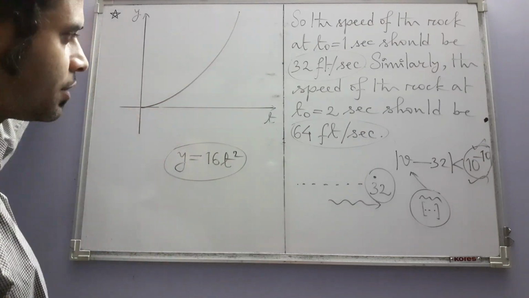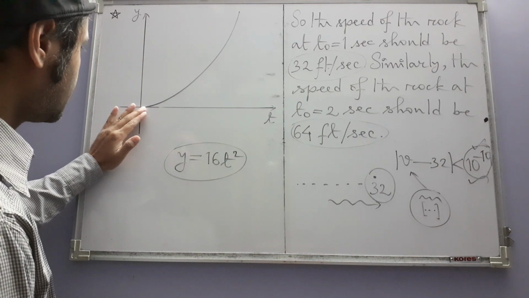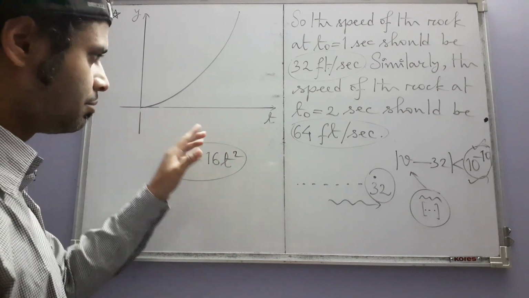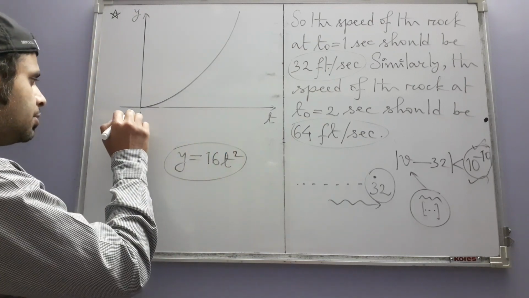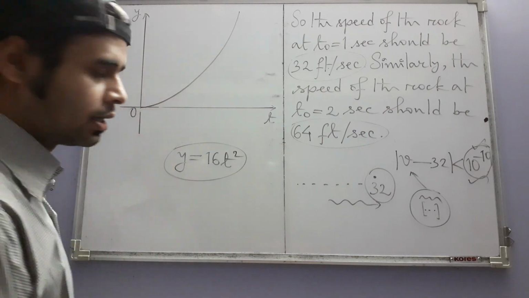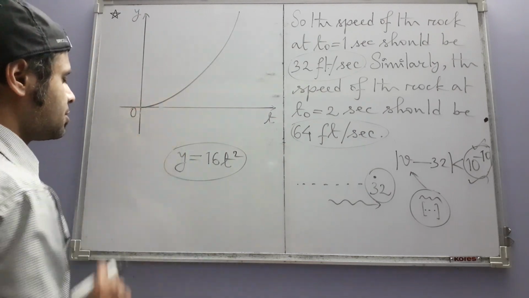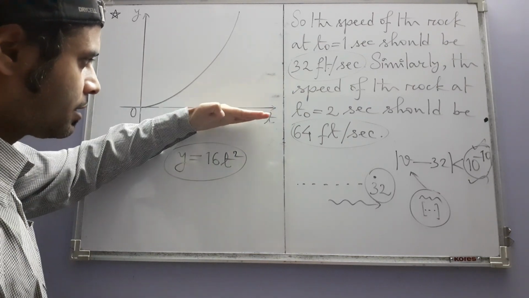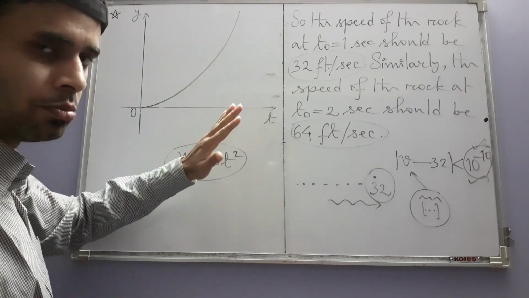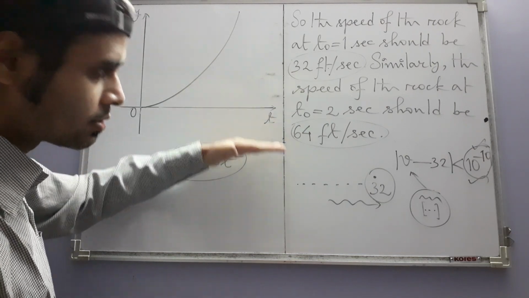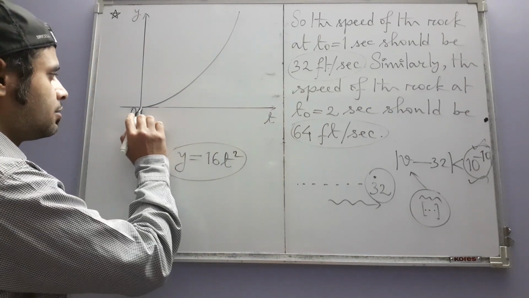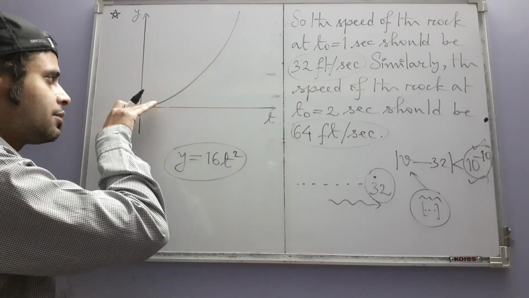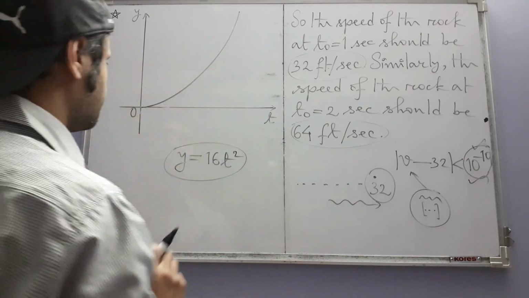There is another side to the parabola also, but in this case that other side does not have any physical significance, because our time really starts from 0. We do not have any reason to consider negative time. So when time is 0, y is also 0, because the instant the rock was released, it did not move at that instant, but then it started to fall. And as the time passes, it falls faster and faster. So that's why more and more it increases.